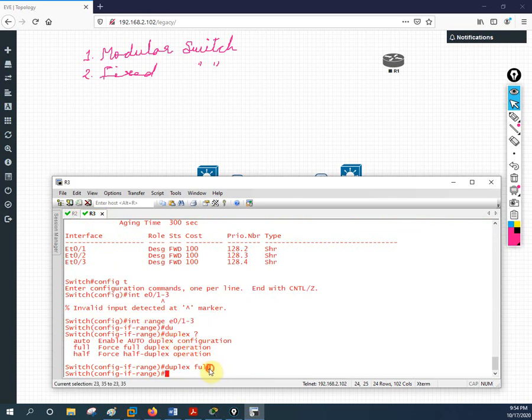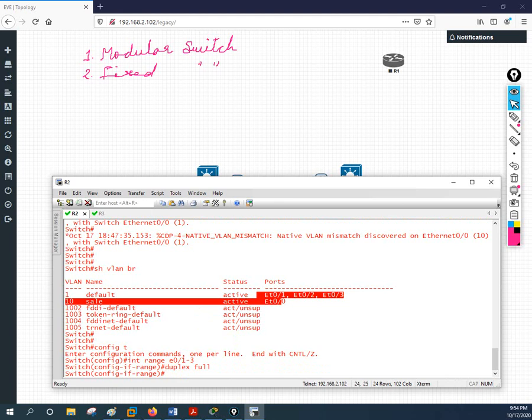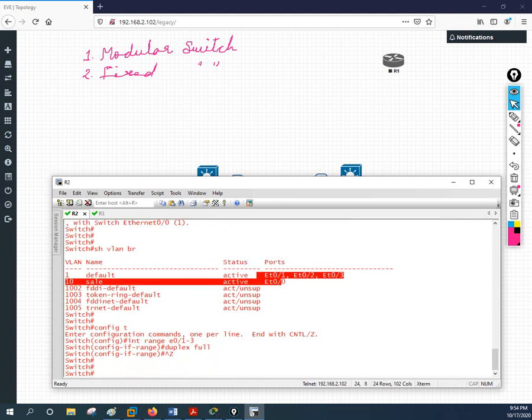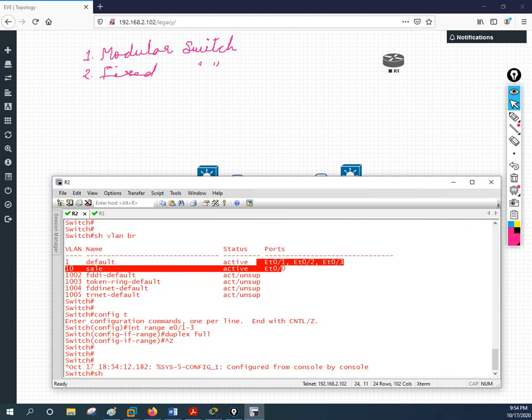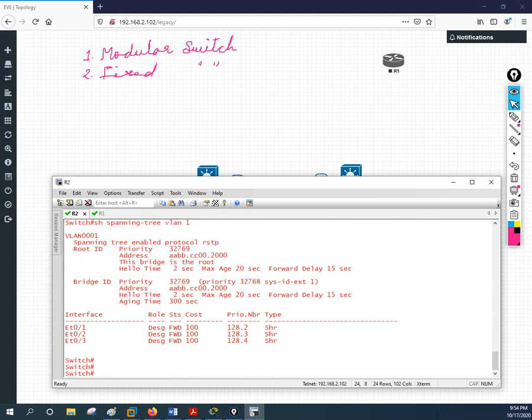Let me take this one, go here and paste duplex full. Now I want to check. I will write show spanning-tree vlan 1. If you see now, both sides are full duplex.